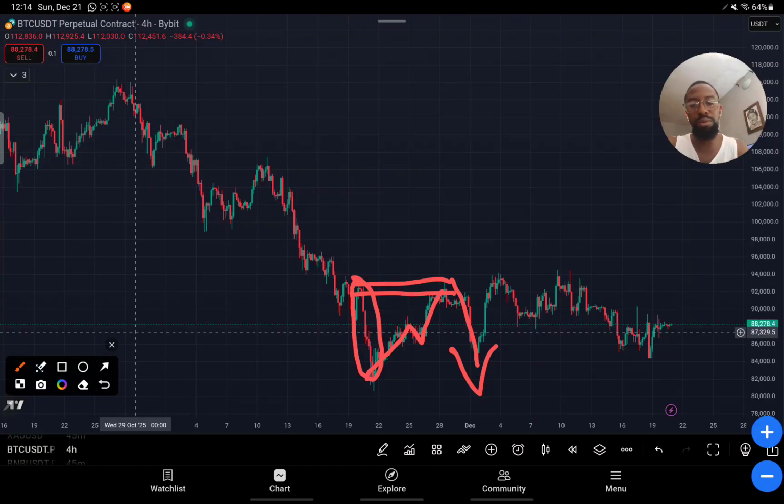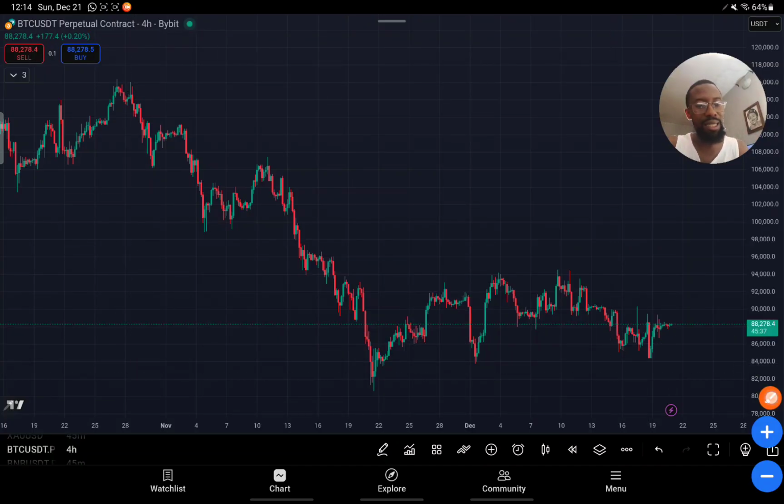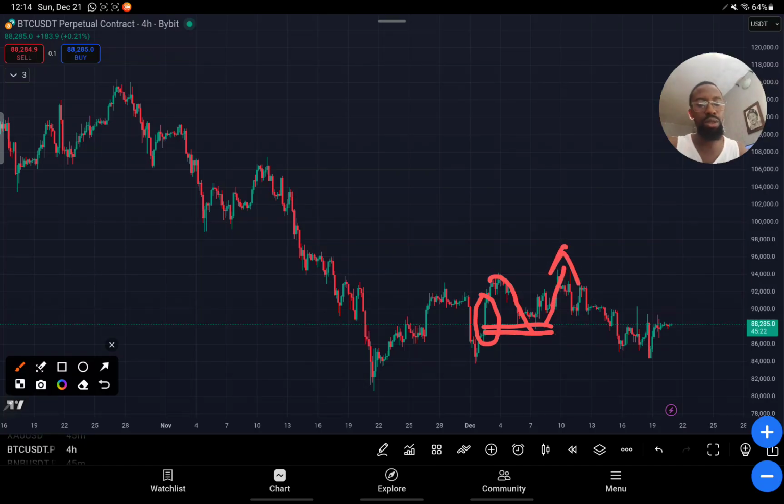Now for the uptrend, you can see that there is this sharp candle here as well. This one sharp candle. Now what does the market do? The market rallies down back to that zone and then mitigates it and then starts going up. This concept is very, very easy to understand. And by using this concept, you will not be losing a lot of money. It's going to save you stress.